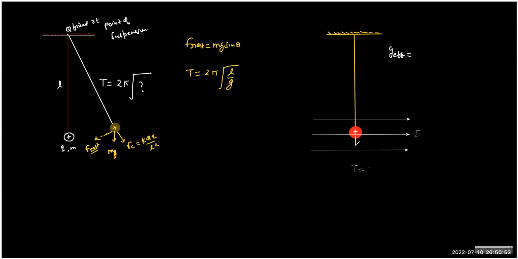So gravity is down and the electric force is to the right. Of course, it will have a component. If you tilt, you can see it will have a component. That's not an issue. Here the g effective will be under root of, it's a mutually perpendicular force, so you have to add both: g squared plus QE by m whole squared. Good. The rest is okay, you can do it. And again, if you want to analyze it, you have to tilt by theta, then take the component and check it, and you will get the same.